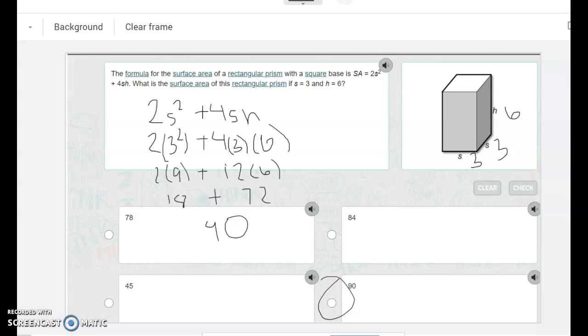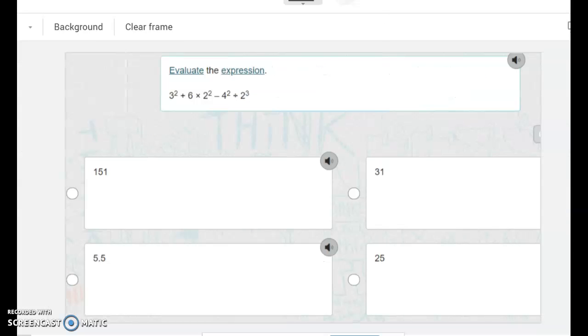Okay? Alrighty. Let's look at another one. So for this one, again, we're going to follow the GEMDAS model. You want to make sure you're doing grouping symbols. In this case, we don't have any grouping symbols. Then you want to do exponents. So we have several sets of exponents in this case. So we're going to do this one. Then we're going to do this one,